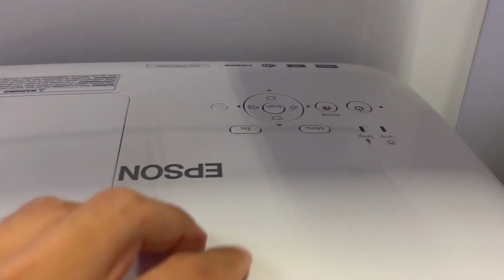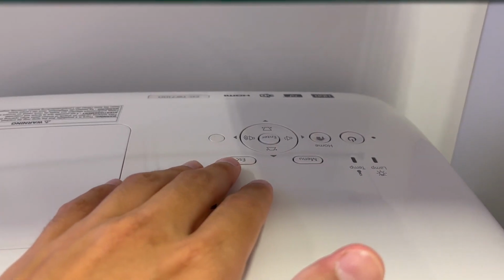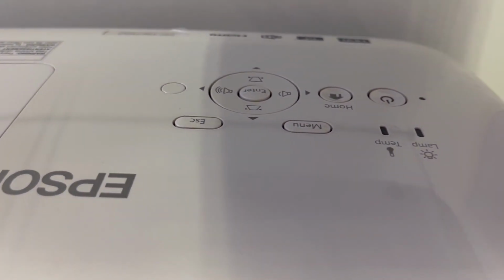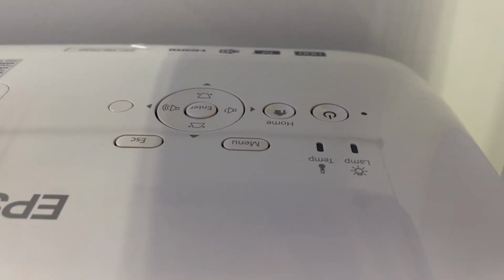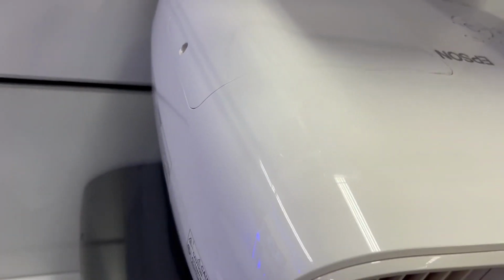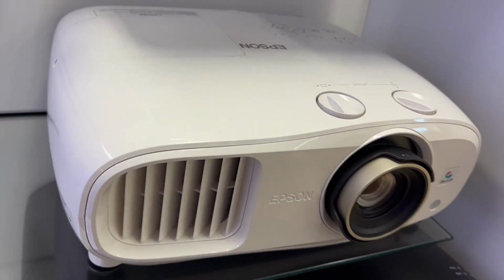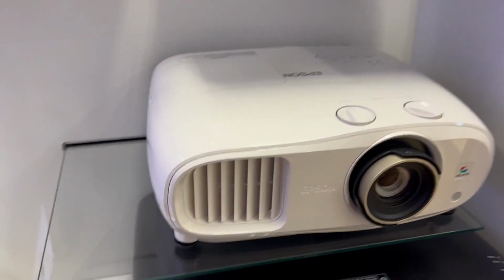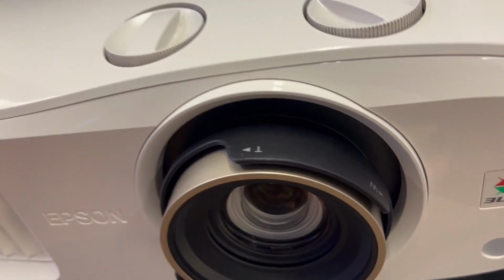For this laser projector, it boasts 4K Pro UHD technology, advanced 3 LCD design, and outstanding brightness. Everybody that has used this projector praised it for its picture quality, brightness, and the color accuracy, with a seamless 4K HDR gaming experience. All this is to say is that if you prioritize a compact design, voice assistance, and